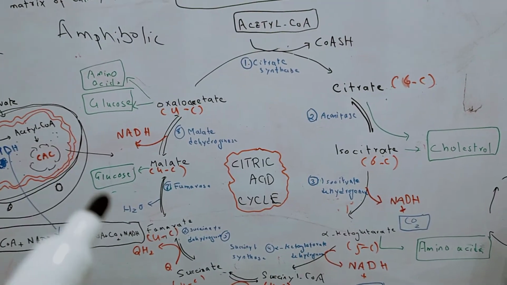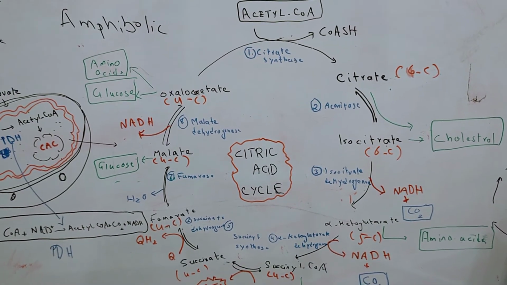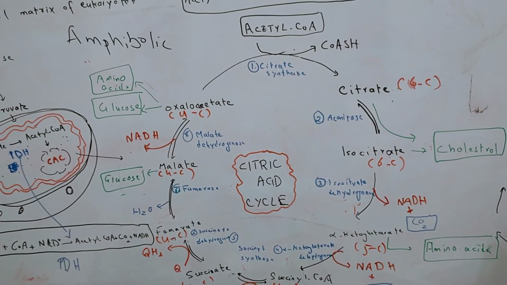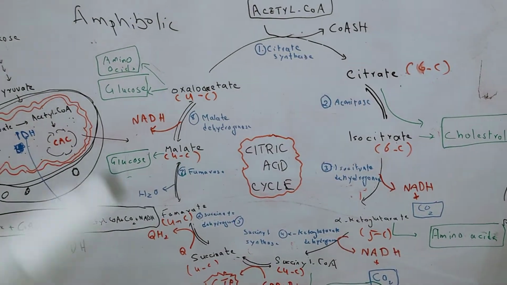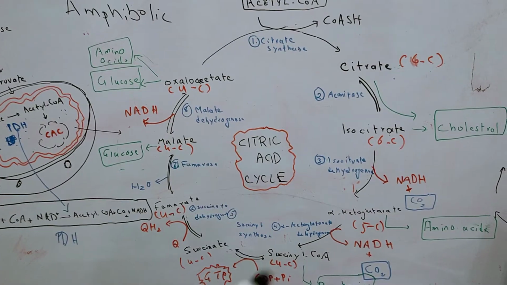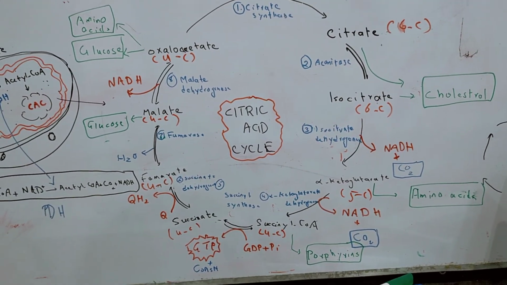But if you remember, it is not 1 molecule of acetyl-CoA; in fact 2 molecules of acetyl-CoA from 1 glucose enter the citric acid cycle. So if you multiply 12, if you add 12 plus